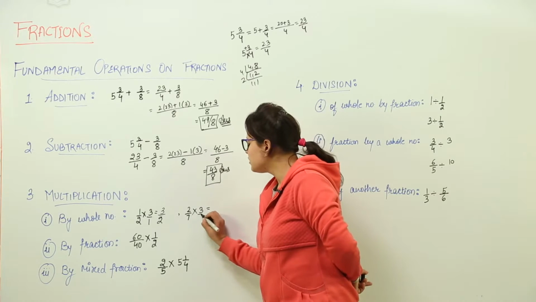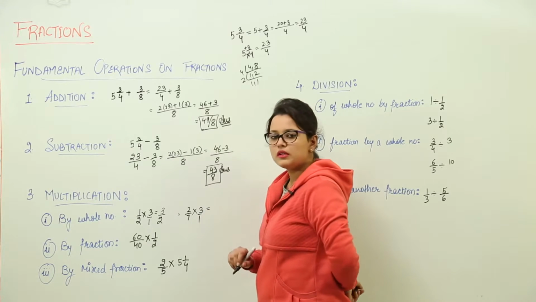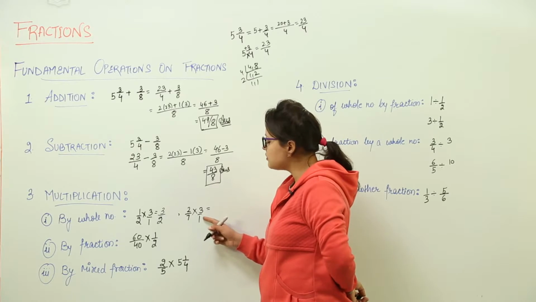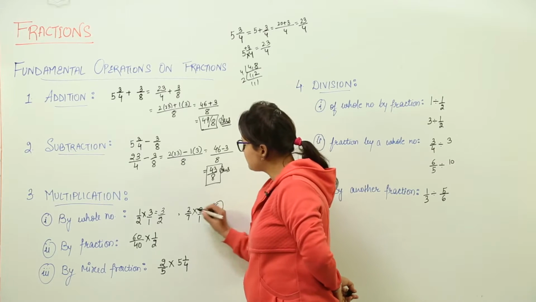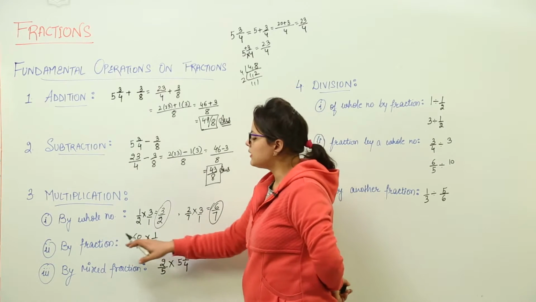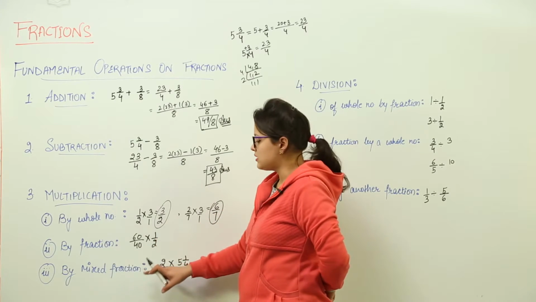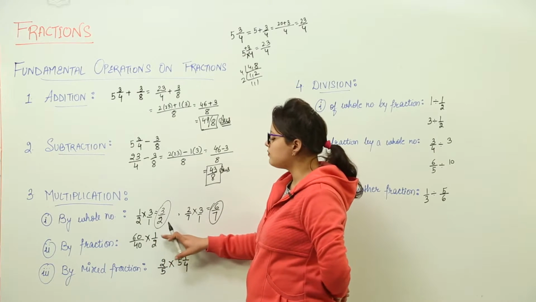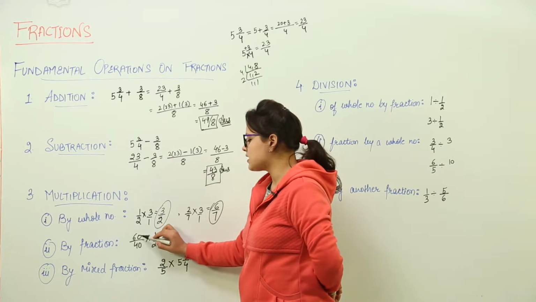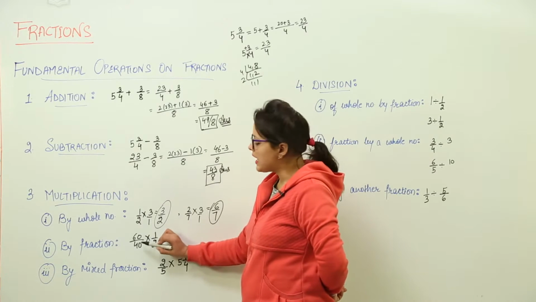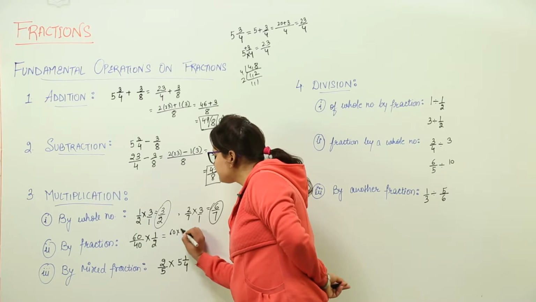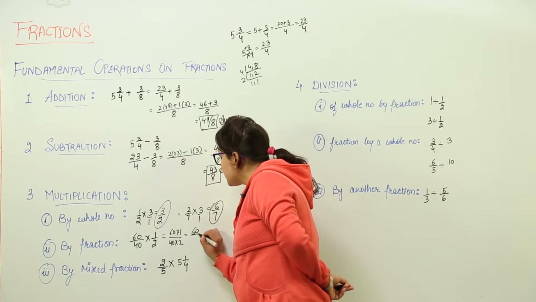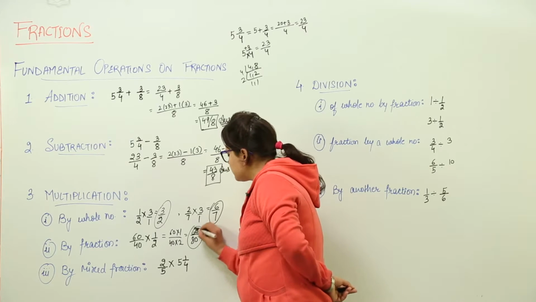Similarly the next one you can do. Here also you have written down the denominator 1 on your own because nothing was written below the whole number. So now 2 3s are 6 and 7 1s are 7. Right? Next is you have to multiply a fraction with another fraction. Say you have 60 upon 40 to be multiplied with 1 by 2. Now again as I discussed, multiply the numerator with numerator and denominator with the denominator. You get 60 into 1 upon 40 into 2. We get 60 upon 80 as the answer.